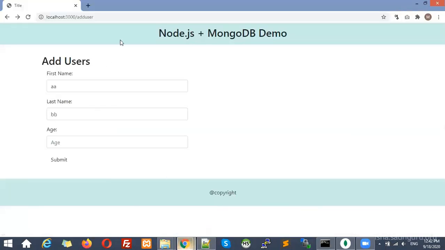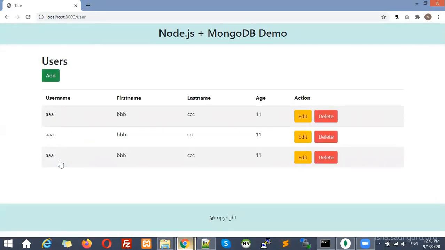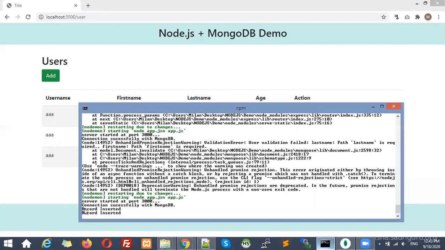So, for example, let me reload the page. I'm going to enter any name, for example, John Blue, and age is, for example, 20. And I'm going to submit it. So we are redirected to the user page, where we have just created a simple HTML page that is going to display our user in the user module. So we are on this same page, that means we didn't get any error. And here also you can see the record inserted message, right?